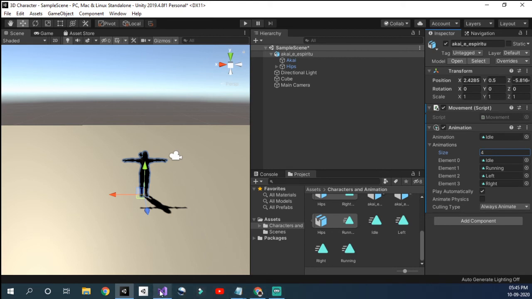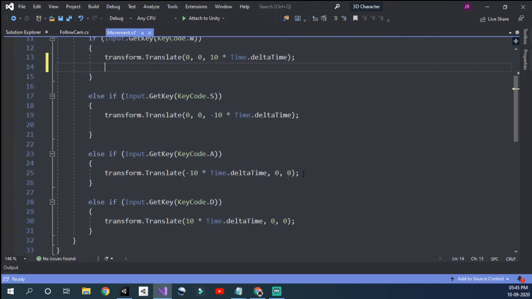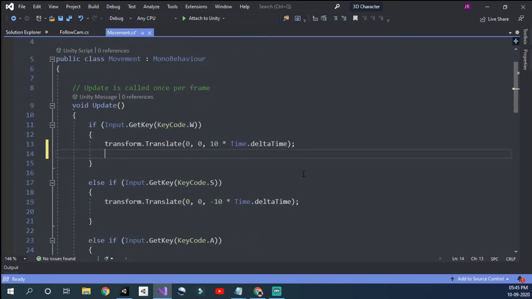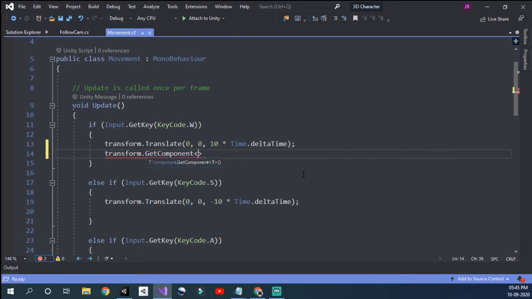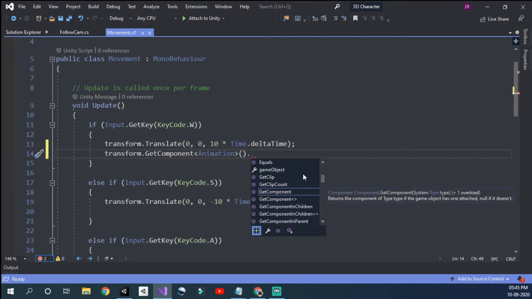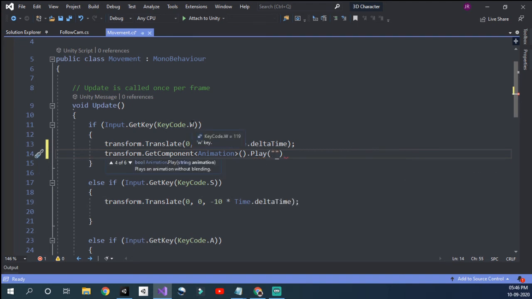Now I'm going to get back to our movement script, and here we have to just add a few lines of code. We have to get the animation component of the player. So I do transform.GetComponent. Inside this we have to name what the component is. For us it's the animation component, and this is a method, so completed by brackets, parentheses. Then we're going to play and the name of it. So for W, we have to be going forward, so we have to do running. That is what we need. You can just go ahead and copy all of this,